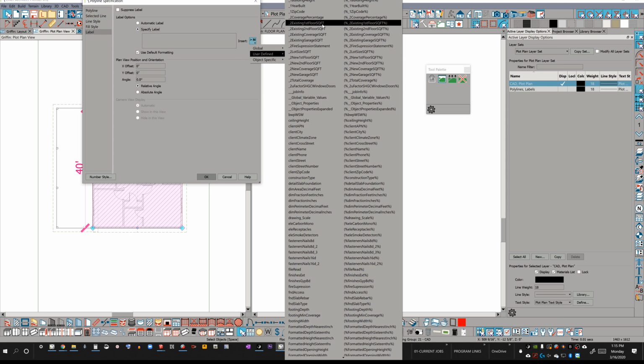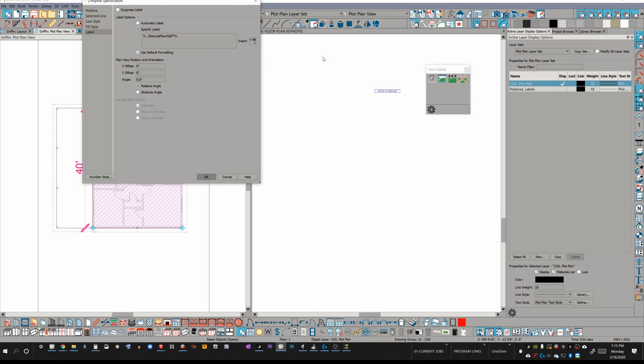So we want existing first floor. I don't know if this is a remodel or addition or what. So that's a good question to ask. Otherwise, everything I'm doing is kind of futile, but let's just show this as an example that we're going to call this a new first floor square foot. We should almost call it conditioned square